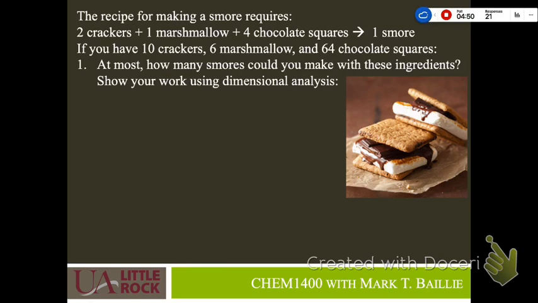To start with, we're going to do the analogy one. I think in lab you might have done the sandwich analogy. So we're going to do an s'more analogy. Just to make sure we're culturally inclusive, a s'more is a dessert that is an American treat and delight. It has crackers on the top and the bottom, so 2 pieces of cracker. It has 1 marshmallow in the middle that's usually heated up. And then it has, I'm going to call it, 4 squares of chocolate. You can kind of see little lines between.